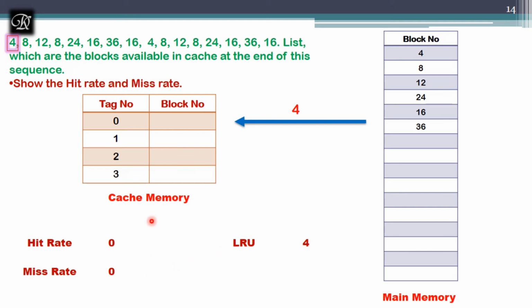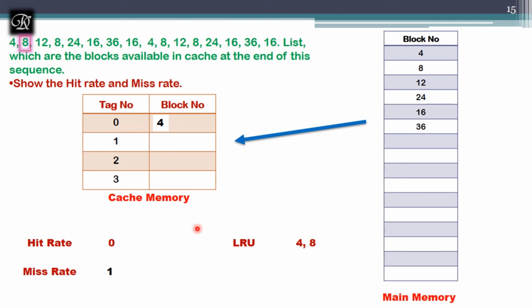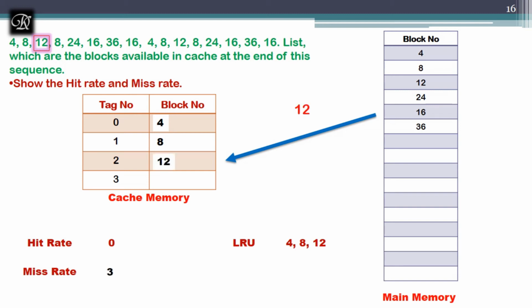So I'm going to add this to the array. And now the 4 is requested. 4 is actually not there in the cache, so it has to be retrieved from the main memory. So the miss count should be increased to 1. Now let's see the next request. Now 8 is requested. The next available space is word line number 1. So 8 will be stored over there, and 8 will be added to LRU, and the miss count will be increased. When it comes to 12, 12 can be placed in the next empty location 2, and it will be added to LRU, and the miss count will be increased.